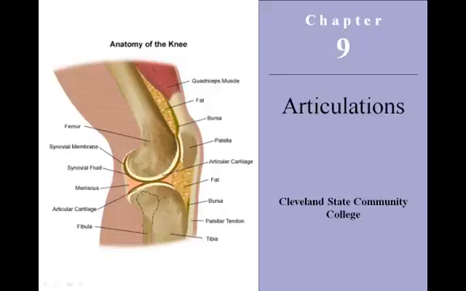Hello, this is Chapter 9, Articulations. This material was originally slotted for Module A3. In fact, if you look at the objectives for A3, objectives 13 through 17 cover articulations. We have now moved that to Module A4, so all of the material coming out of Chapter 9, there are 5 objectives, will all be tested in Module A4. So just keep that in mind.